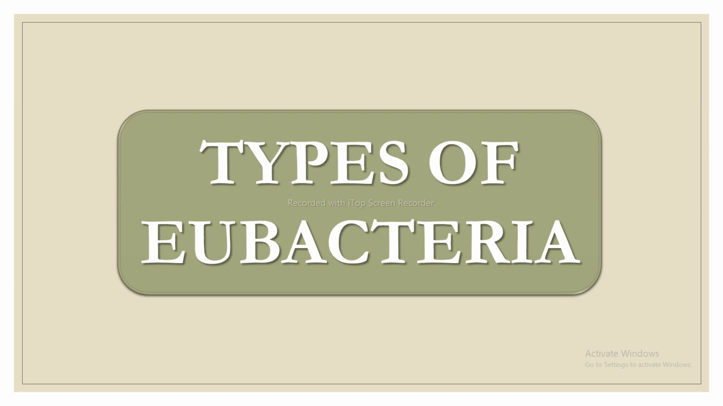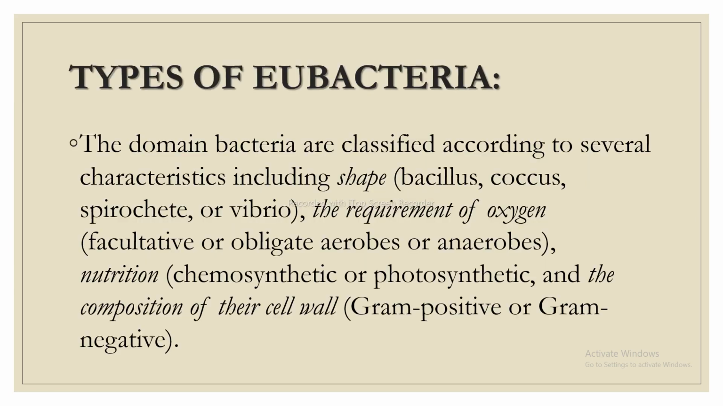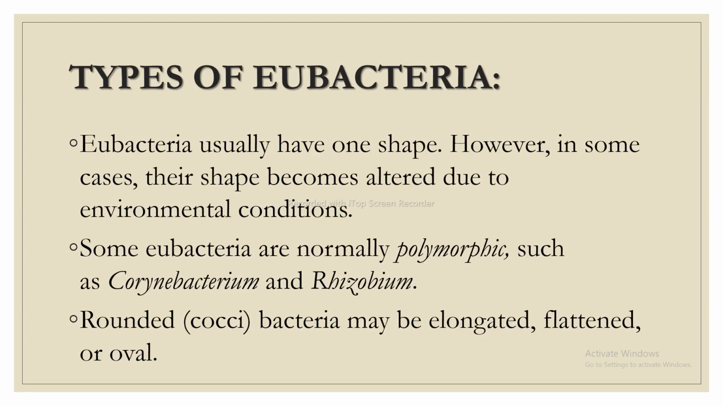Next I am going to discuss the types of Eubacteria. The domain Bacteria is classified according to several characteristics including shape: Bacillus, Coccus, Spirochete, or Vibrio; the requirement of oxygen: facultative or obligate aerobes or anaerobes; nutrition: chemosynthetic or photosynthetic; and the composition of the cell wall: gram-positive or gram-negative. Eubacteria usually have one shape. However, in some cases, their shape becomes altered due to environmental conditions. Some Eubacteria are normally polymorphic, such as